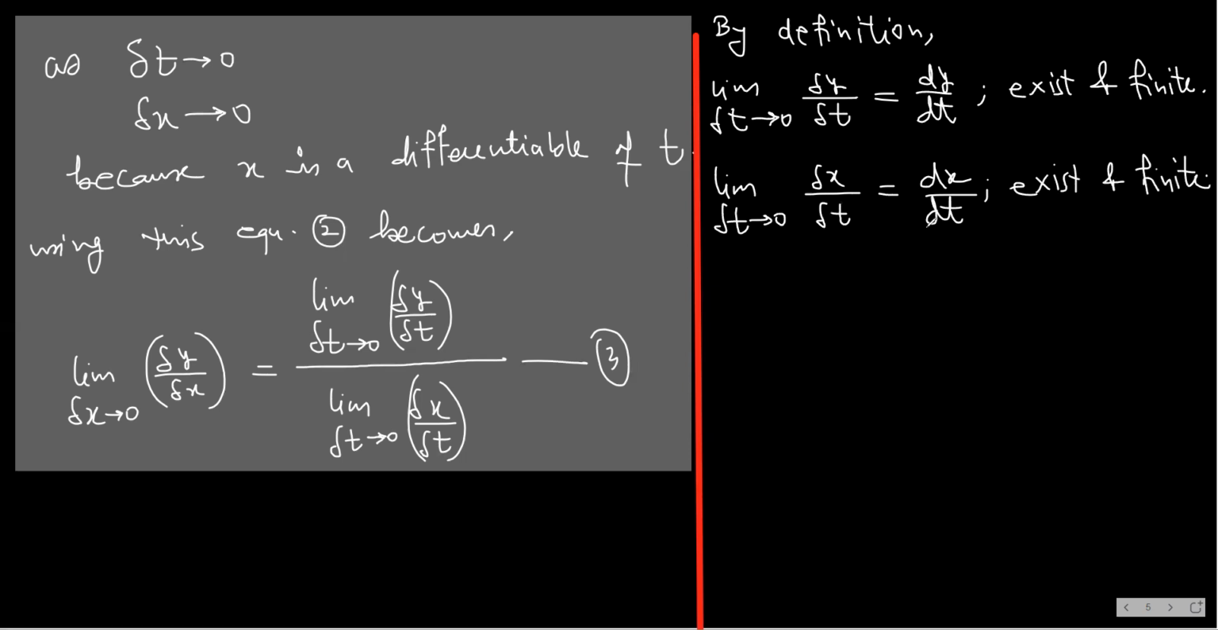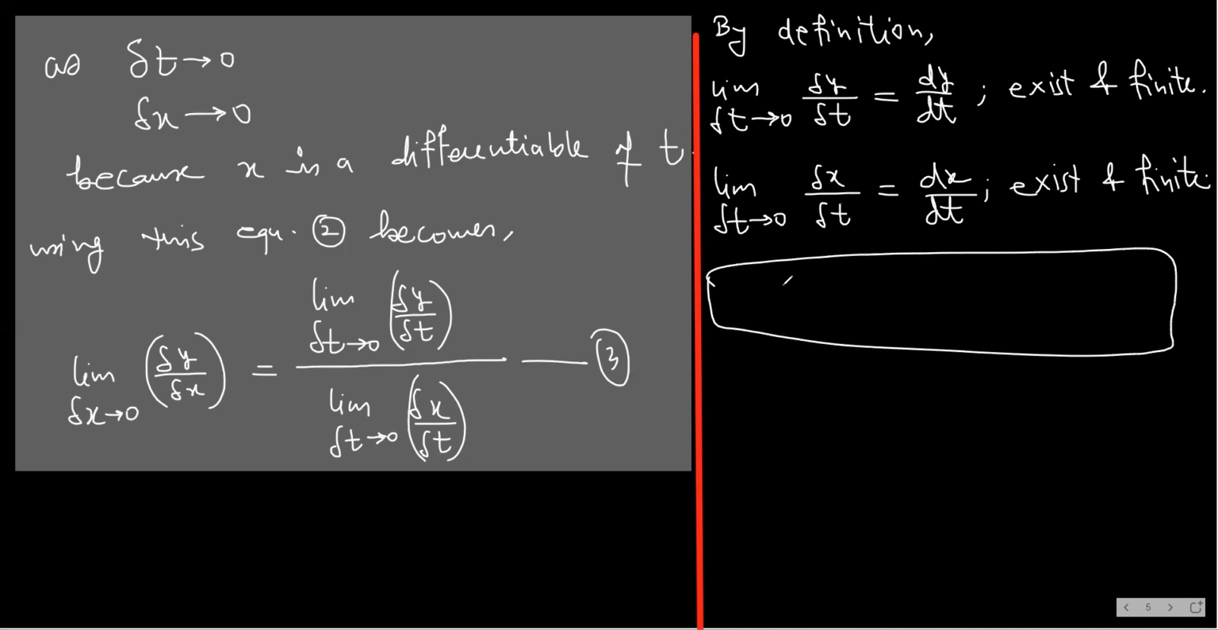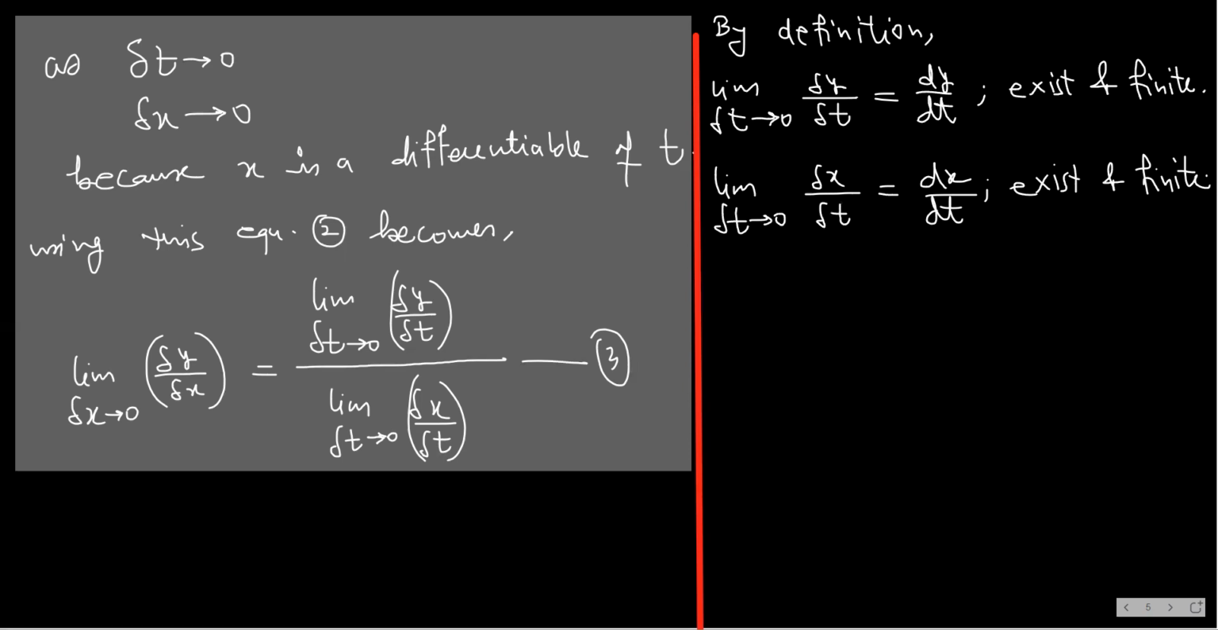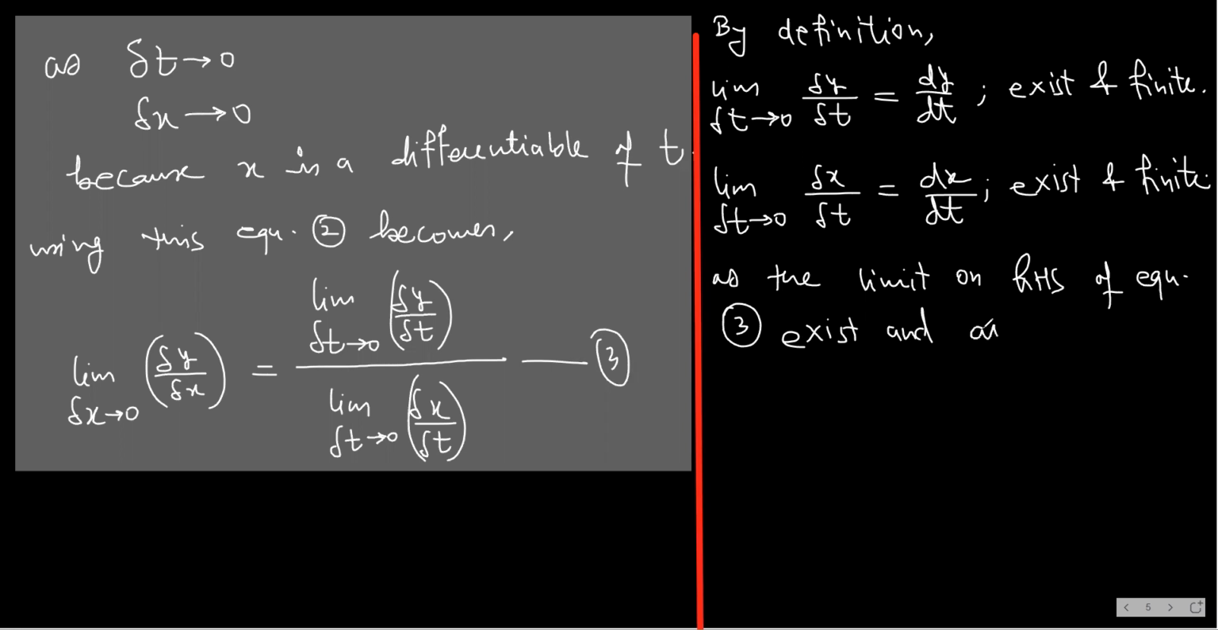Now, having written this, now in the next step, what I'm writing here is very essential. It is very essential, and you will try writing it as it is. Please, my dear students, I'm writing the best possible shortest answer. Please do not cut short anything in this. Okay, I will write here as the limit on RHS of equation 3 exists and are finite,